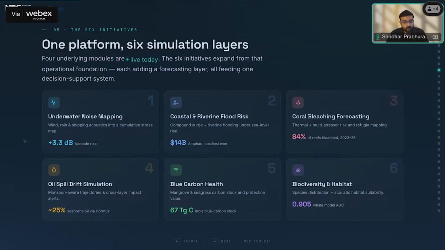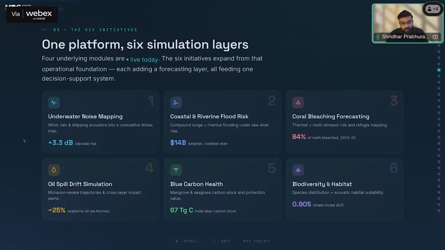The third is the layer on coral bleaching and risk forecasting. We know that up till 2020 and even up to 2026, a large amount of coral bleaching has occurred in the IOR itself, even in the Andaman Nicobar region. Between 2023 and 25, 84.5% of reefs have bleached. Now, thermal stress is considered an important factor for coral bleaching, but thermal is not the only stressor. It also depends upon the wind and the nutrient composition,